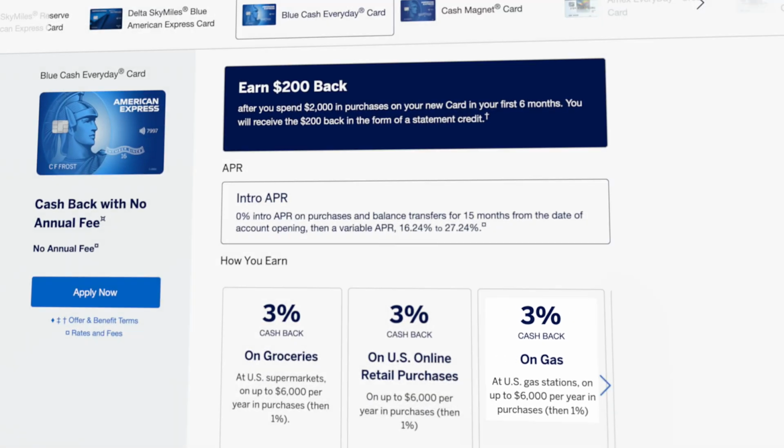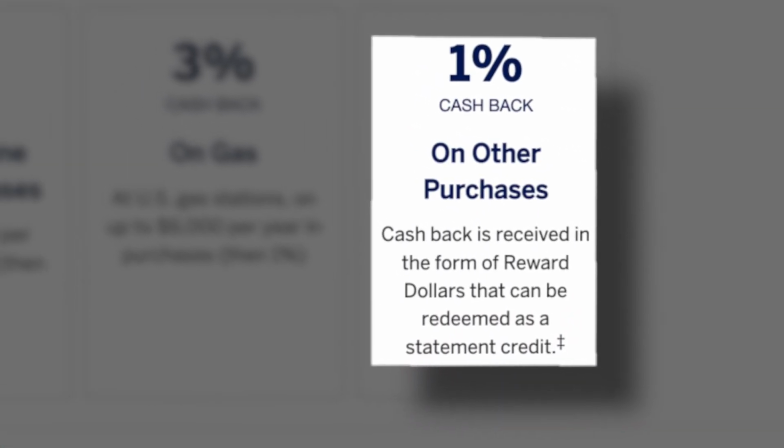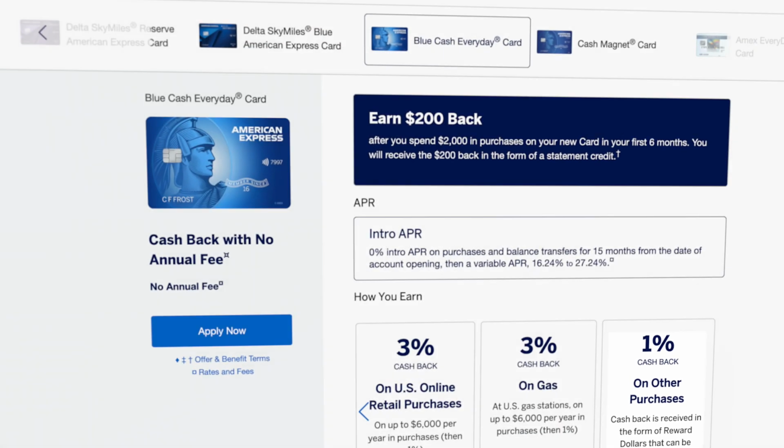All right, I know that was a lot of numbers to keep track of, but we'll come back to that later in the video and talk about why it is so important when making your decision. But outside of those various bonus categories, both cards are going to offer you 1% unlimited cash back on all other eligible purchases. One huge drawback with both of these products is that your cash back is received in the form of